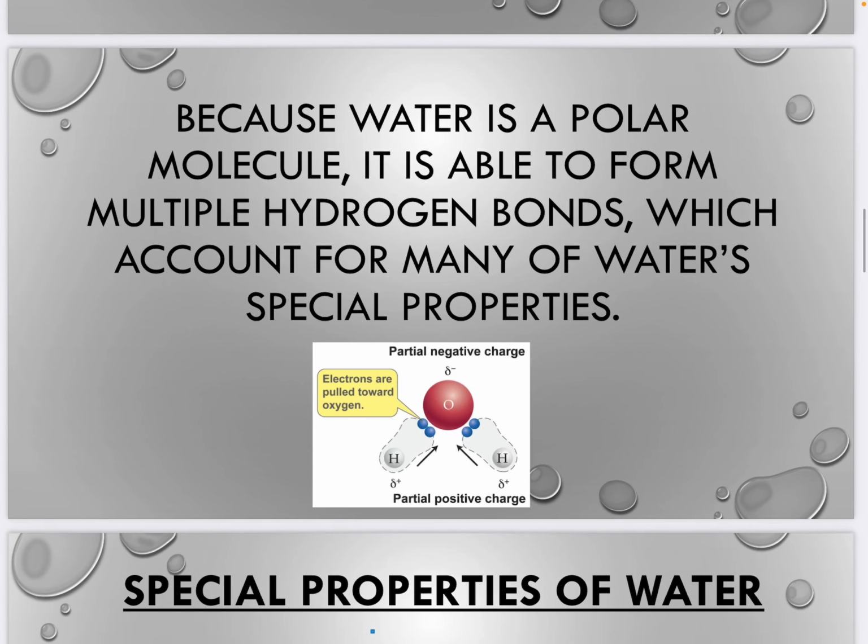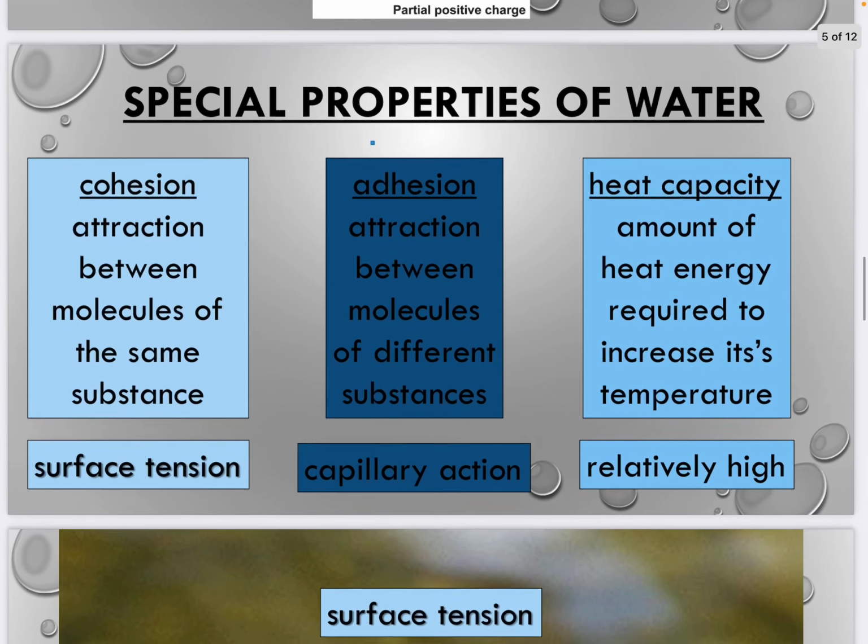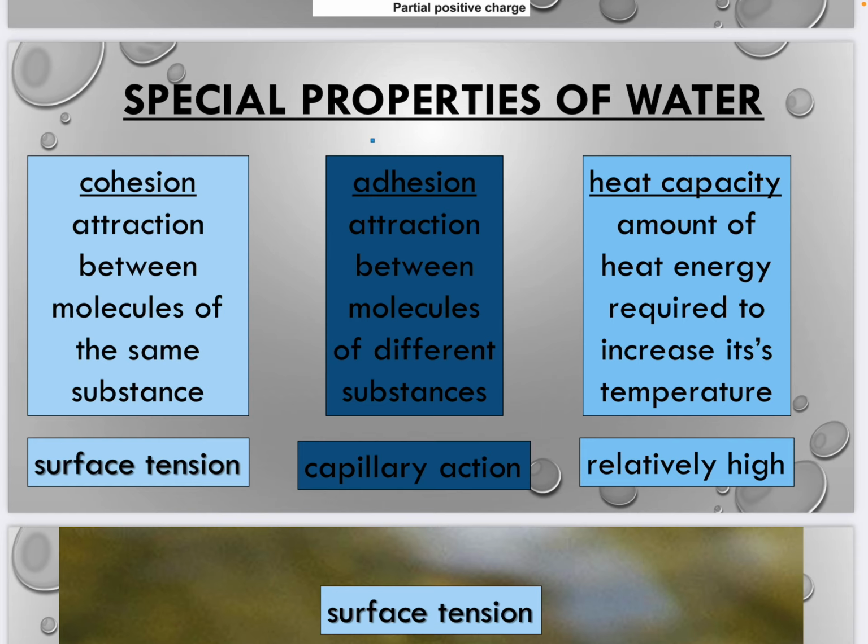These hydrogen bonds account for many of water's special properties, such as cohesion. The definition of cohesion is the attraction of molecules to the same substance, so molecules of something that are attracted to each other. So in this case, we have water attracted to water, and it's because of those hydrogen bonds that they hold together. Now, this is important because it gives water some special